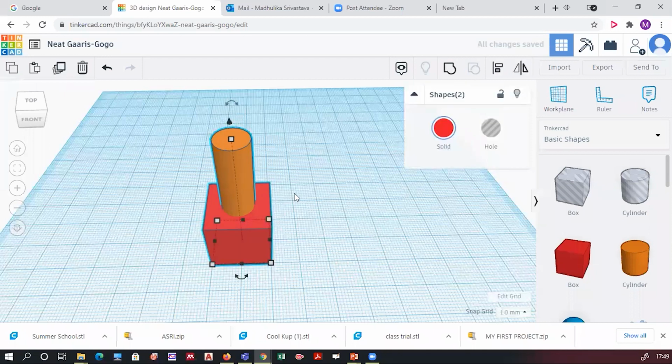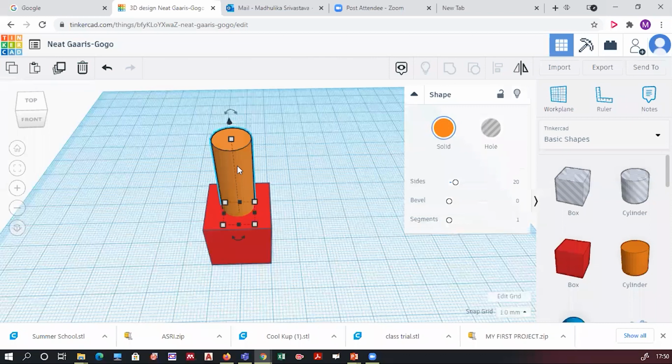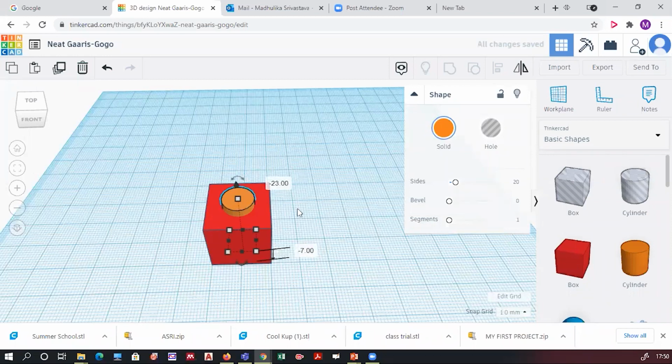Okay. Now I am inserting the cylinder. For inserting the cylinder inside this block, I will just select the cylinder. Okay. Height of the cylinder is 30. I've kept it 30. I will just insert this cylinder inside this block by clicking on this black arrow. So just click on this black arrow. Keep pressing the left key of your keypad or the mouse and just put it down. Without disturbing the alignment, you have to just click on that black triangle and bring that cylinder down.